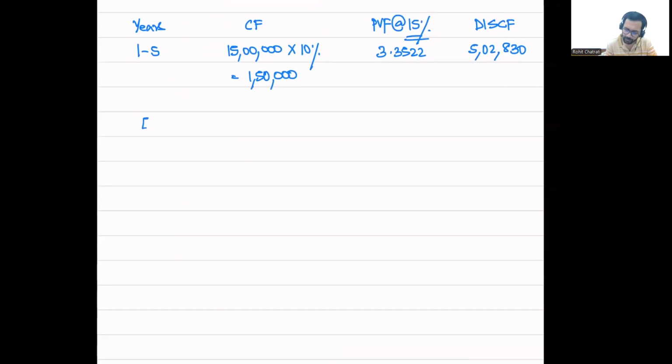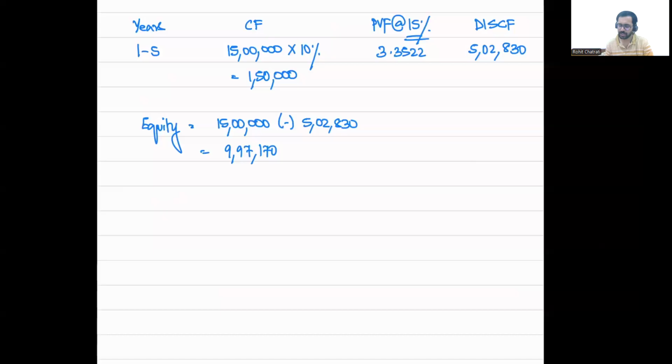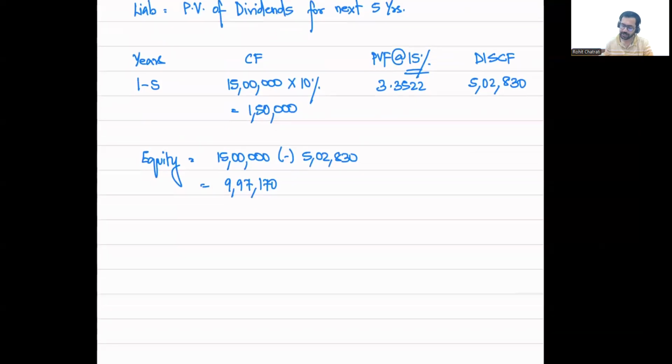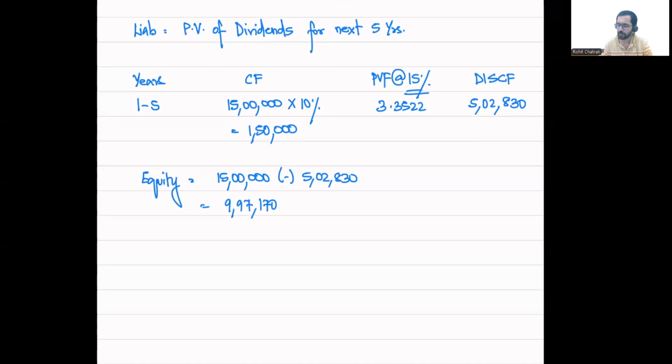Therefore, the value of equity will be equal to total proceeds, which is 15 lakhs minus 5 lakh 2,830, which is going to be equal to 9,97,170. All right, so the value of liability will be 5,02,830. The value of equity will be 9,97,170. All right, this instrument is classified as a compound financial instrument, and therefore we bifurcated the value between liability